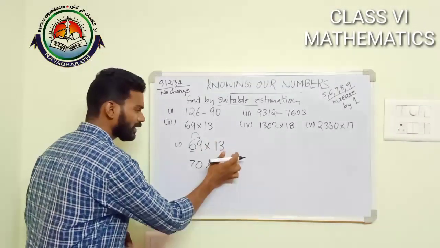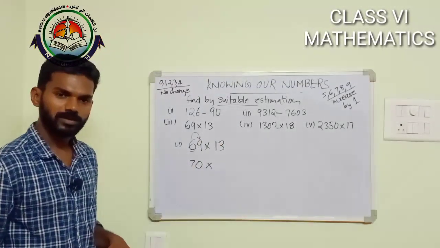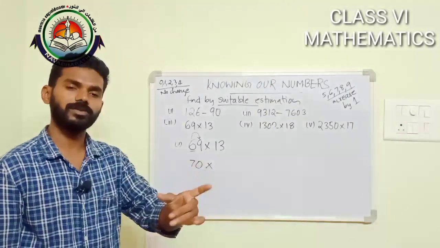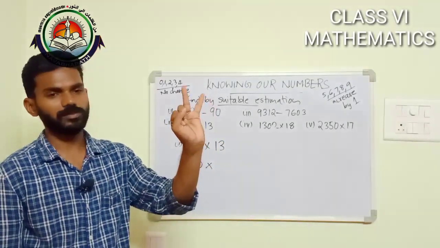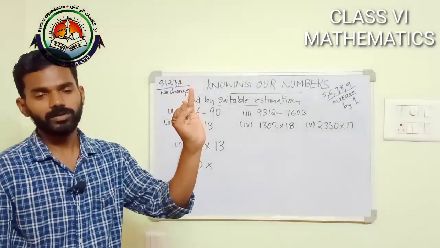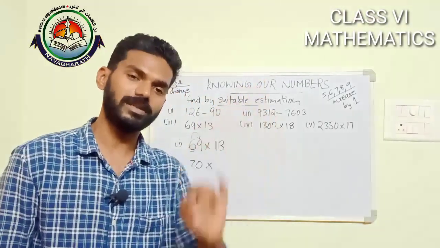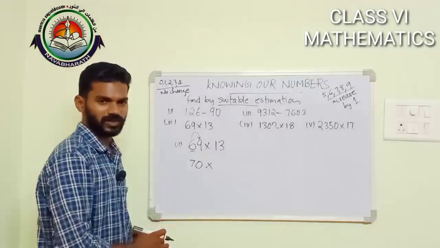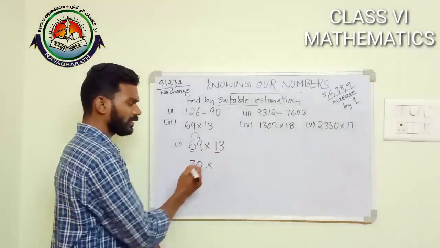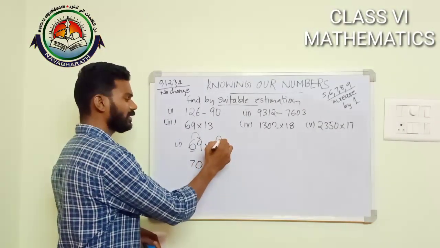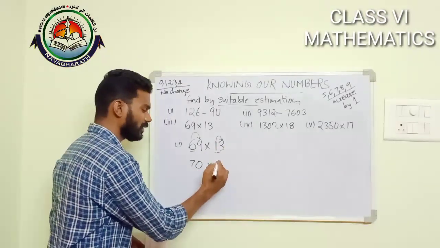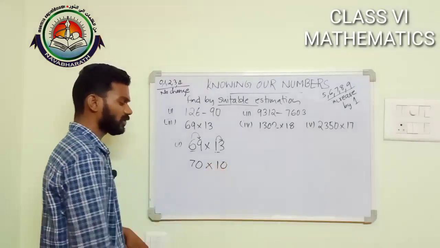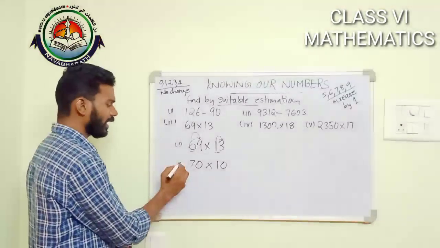Here also it is a 2-digit number, so we want to round it off to the nearest 10. 2-digit means ones, tens. So round off to the nearest 10. So what would be the answer? Here it is 1 at the tens place, and next it is 3. 3 belongs to this group, so there is no change for 1. Then there would be 0. What would be the answer?